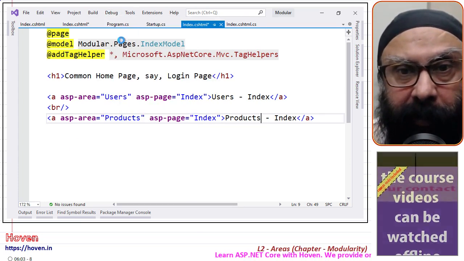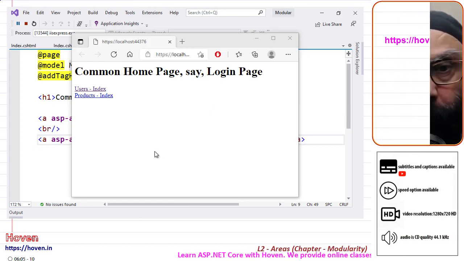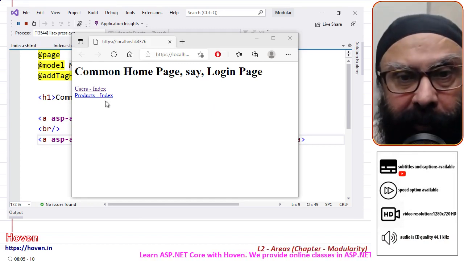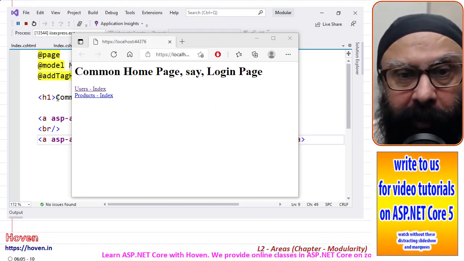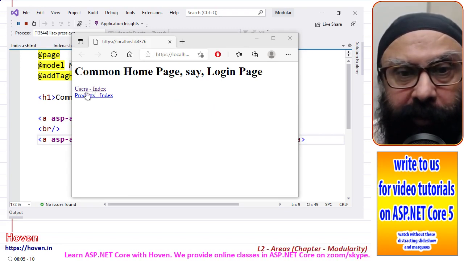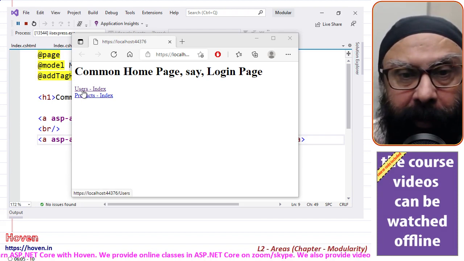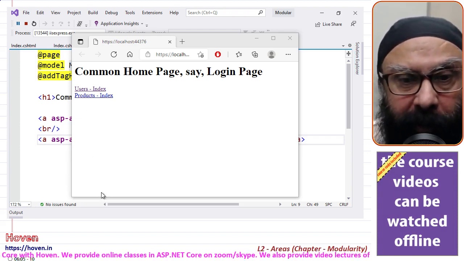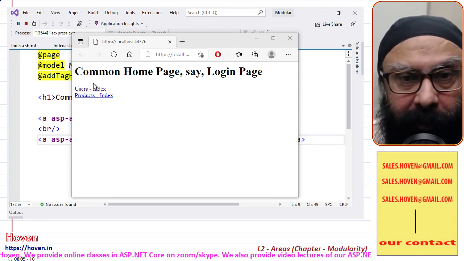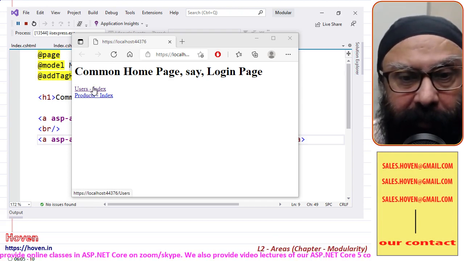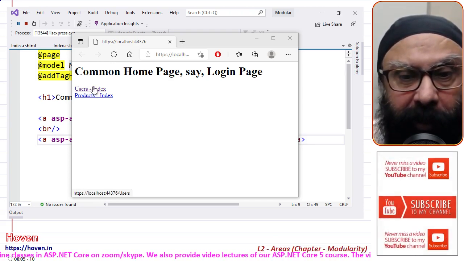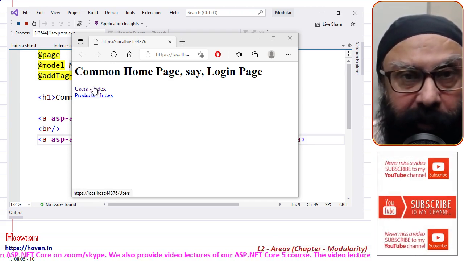Debug, start debugging. And when I run this, I reach this users index and products index. These are the two links that we created. And if you see here, users index, it indeed creates a users slash users.